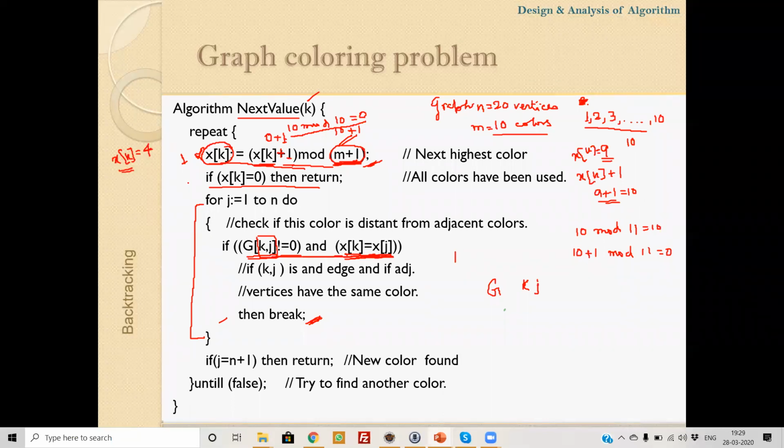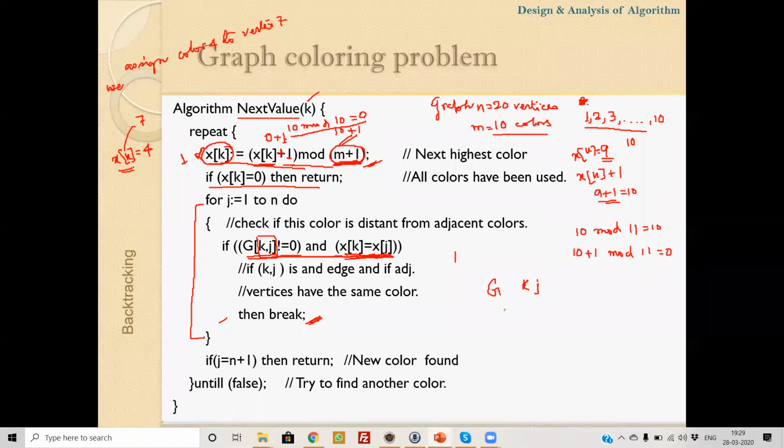Now say the current value of k equals 7. So this represents that we are trying to assign color 4 to vertex 7.